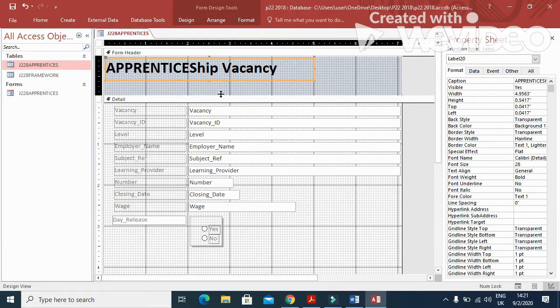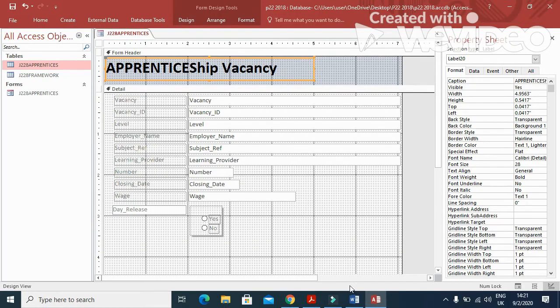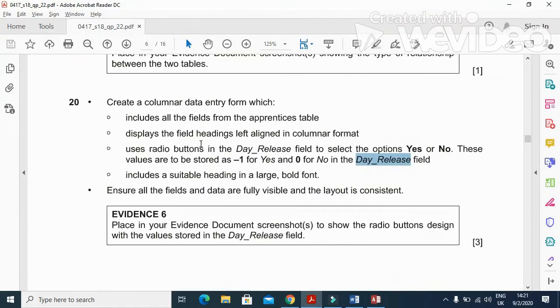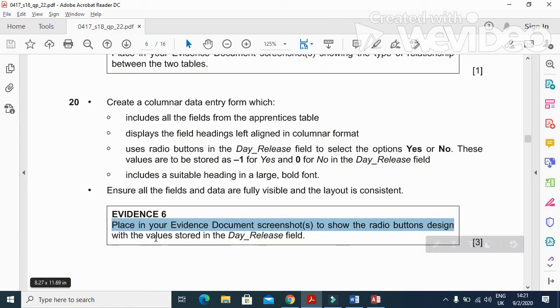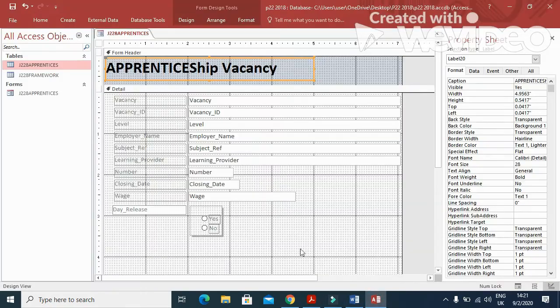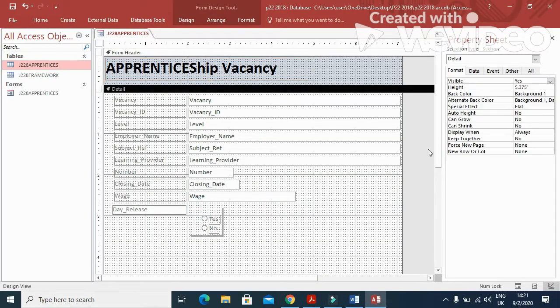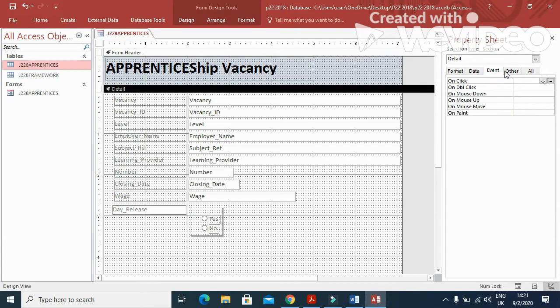Yes, and there is no alignment issue, I guess. Yeah, that's all. Everything is done. Now you need to place in your evidence document a screenshot to show the radio option design with the values stored in the day release. So what you need to do is go to your form here, click on this specific field, and then you just need to click on the